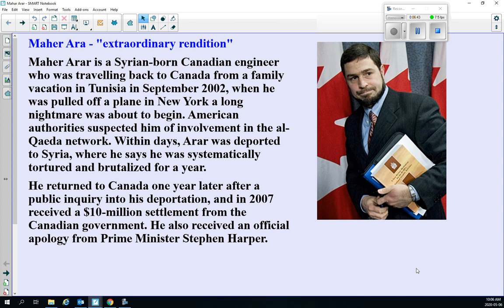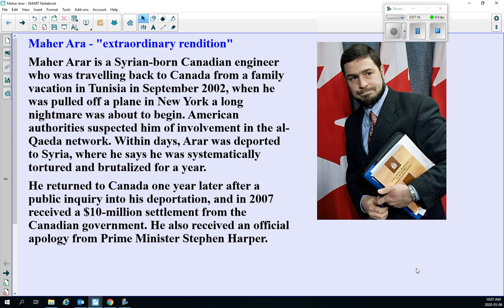The Americans believed that Arar was linked to Al Qaeda. They had become suspicious of the countries that he was vacationing to, Tunisia, Algeria, and so on. Those countries are known terrorist hotbeds. A lot of recruiting does happen in them, and the Americans believed that he was somehow linked with Al Qaeda. So they took him off a plane in New York and then deported him to Syria, his home country, to